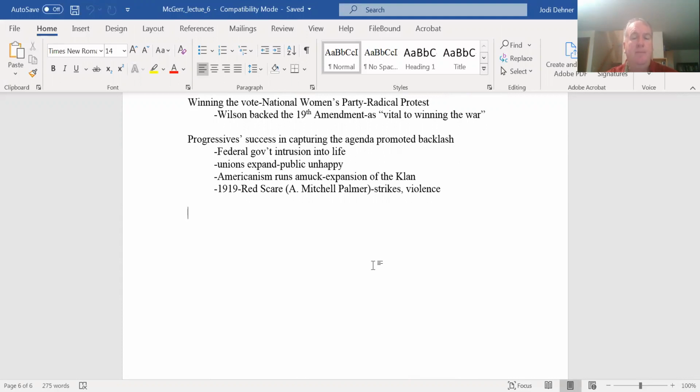Unions of workers are expanding at this time, although the public is generally unhappy about this effort, but this desire to prevent strikes allowed this to occur. At the conclusion of the war, this American Protection League morphs into this sort of Americanism run amok. And it is, in retrospect, not a surprise that in this immediate post-war period, you have the expansion of the Ku Klux Klan. 1921 was the year of the largest Klan enrollment, right?